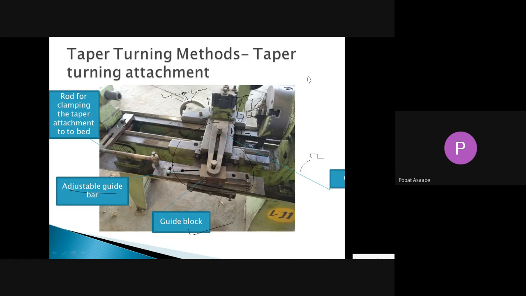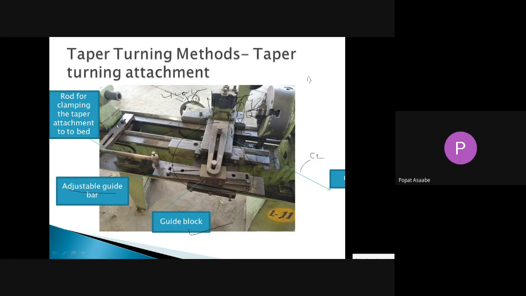With the help of the carriage handle, your cross slide will gradually move in the backward direction and gradually move in the forward direction, with the clockwise and anti-clockwise rotation of your handwheel. That means, according to the clockwise and anti-clockwise direction of this handwheel, the cross slide moves gradually forward and gradually backward with the help of all the links.